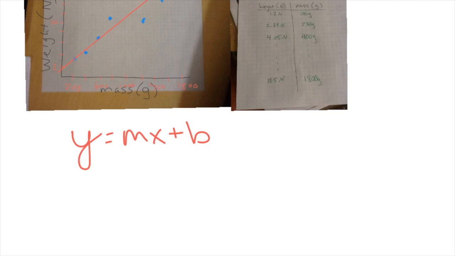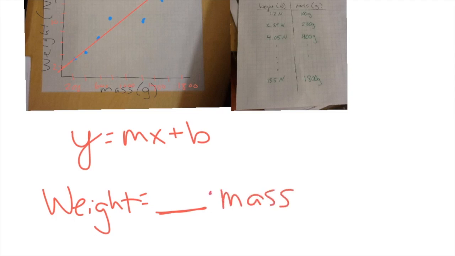So if I was going to rewrite this, that would be the weight of the object is equal to some slope value, I'll come back to that in just a second, multiplied by mass plus b. The b term, remember, is just our y-intercept. So I'm going to estimate that y-intercept. It's not really at 2. It seems to be just below 2. So I'll say about 1.6